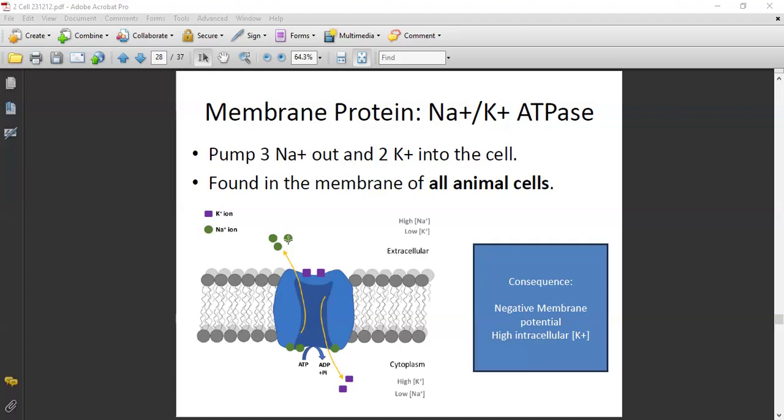It's shared by every other cell. So it pump out everything out there. Basically, it's free diffuse everywhere. But when you pump things into a cell, you capture them in the cell. So you have high concentration of potassium inside of cell. So that's the first consequence. It causes high potassium concentration